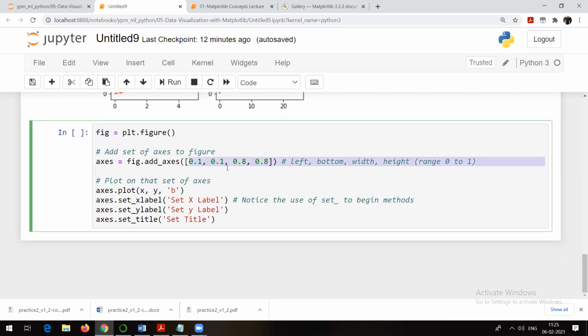Okay, so left, bottom, width and height. All these numbers are showing these things. After that, what? Here again the same command. We have created axis, so we have given the axis, right? So how do we want to plot the axis? With all those properties: 0.1 distance from left, 0.1 distance from bottom, and 0.8 and 0.8 for width and height. Then axis.plot a graph of x and y, and give blue color to it. And then x label, axis.set_xlabel, ylabel, and title. This one I have already shown you.